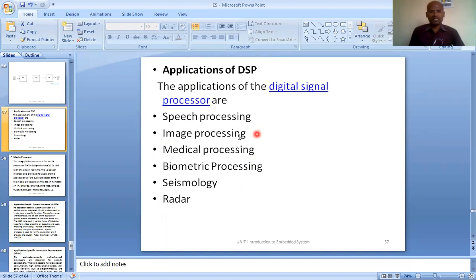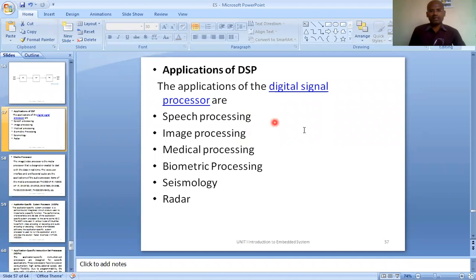So in all these areas we use this DSP process. Irrespective of the area in which these DSP processors are used, a DSP processor basically implements some algorithms. It takes the signal. What it normally does is apply the Fourier transform and filter out the unwanted noise, and there are some algorithms. We implement those algorithms, maybe image algorithms or audio speech algorithms and so on.